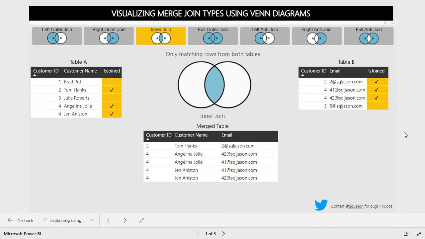I do have 2 over here and 2 over here, so I get that one. Then I do have 3 on the left side, and I don't have it on the right side, so I don't get that one. And here I do have 2 4s and then 2 4s, so obviously I'll get 4 4s. Then I do have 5 over here, but I don't have it in this column, so obviously I don't get that one.